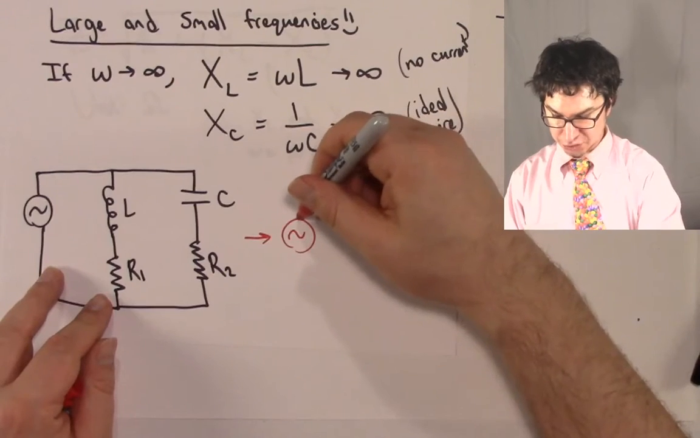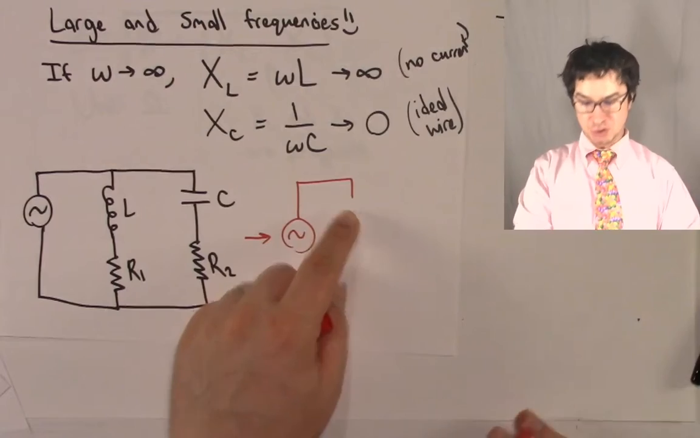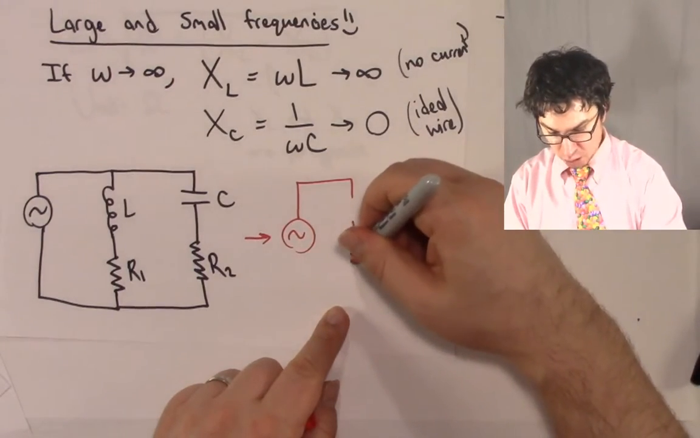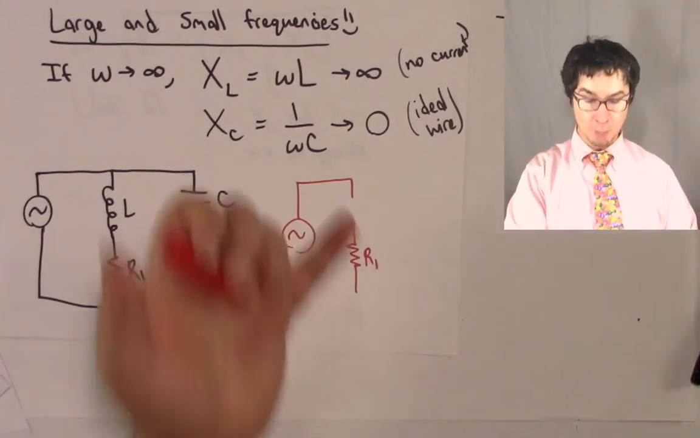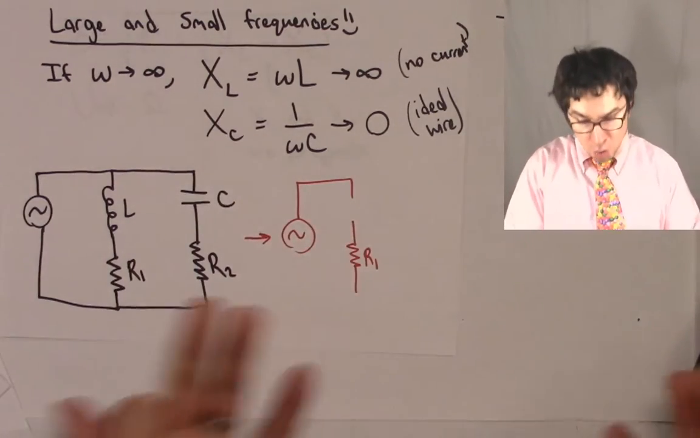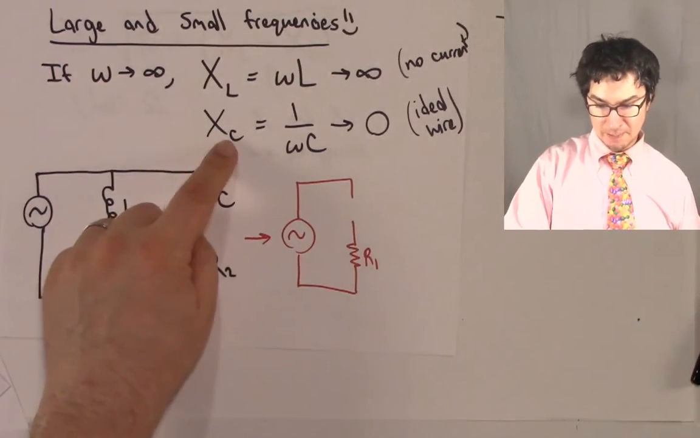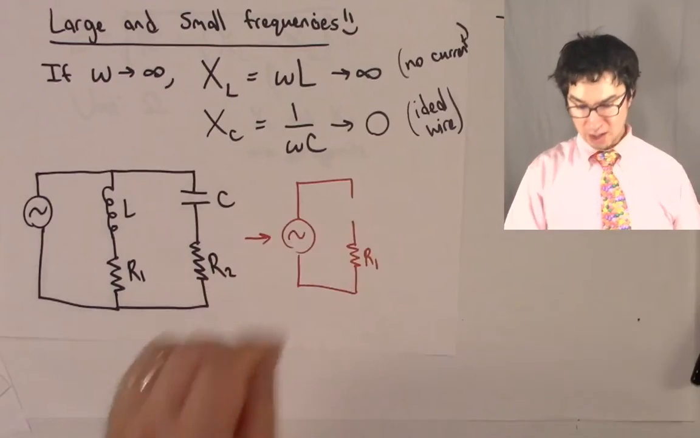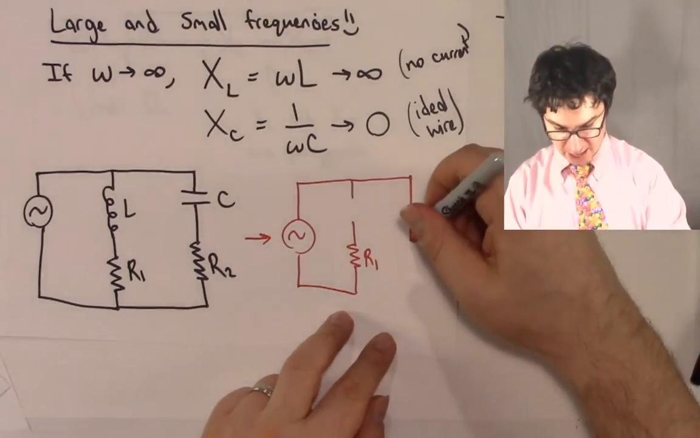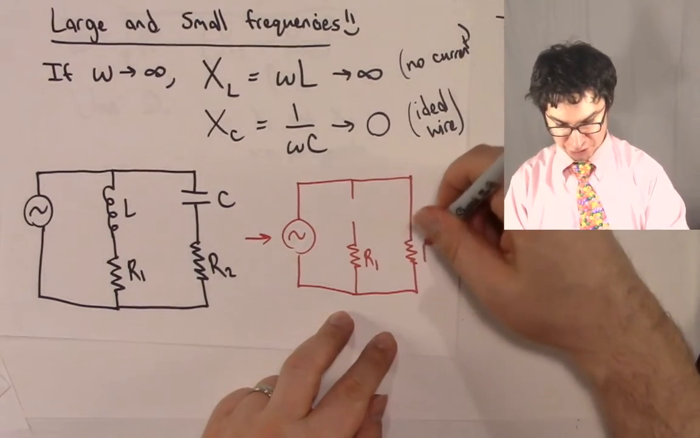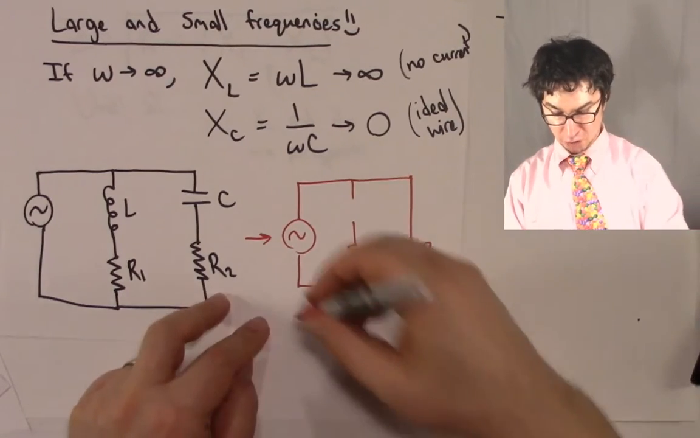Here's our AC source. If current can't flow at all, it's like there's a break in the circuit. No current can flow whatsoever. So that break there means it's an open branch. No current can flow. Whereas if the capacitive reactance approaches 0, it's going to act like an ideal wire. It's like there's nothing there at all. And we're going to have this resistor here, R2. So the current in this circuit,